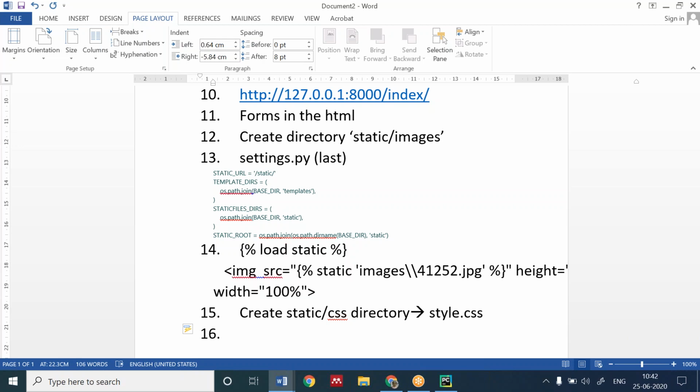Sixteen. How to load the file then? I have created the CSS file. How to load that CSS file in our project, in our HTML page? How to load that? Ashish is saying static. What static, Ashish? I want the full thing. You are telling me about creating a static folder. Okay. Now I want to load this style.css, which I have created here, in my HTML page.